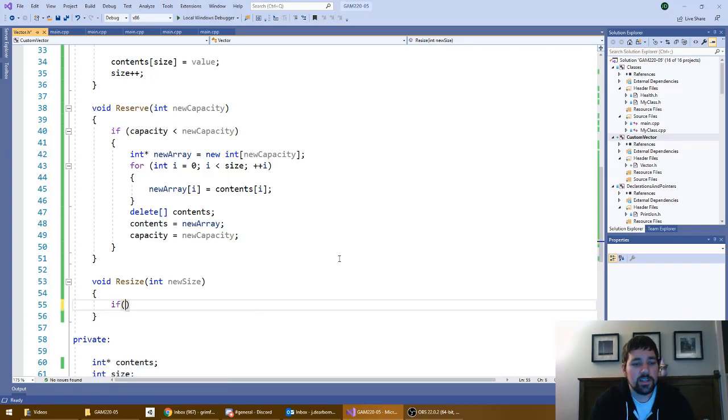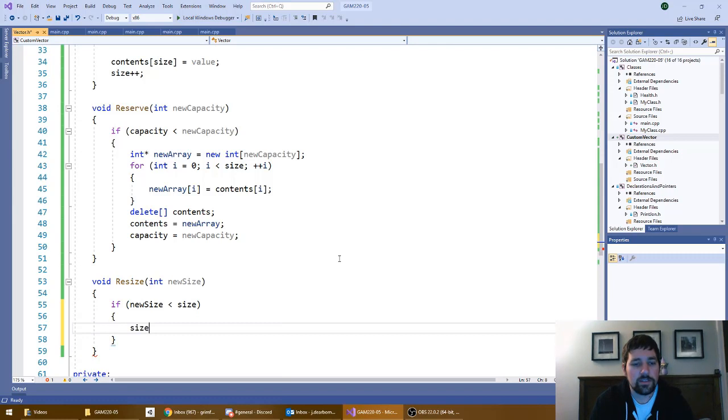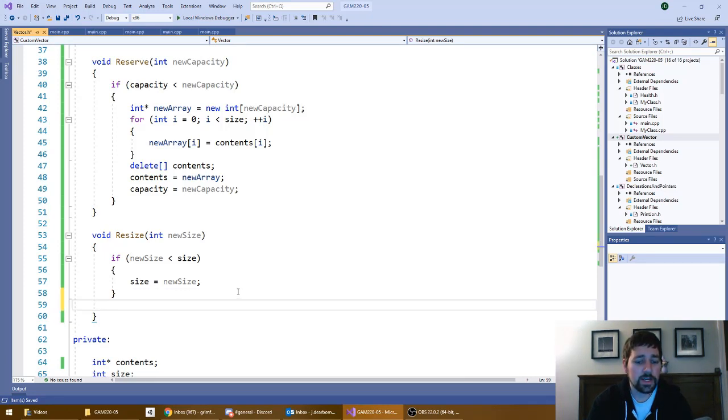So we can just say if new size is less than size, then size equals new size. All right, and then if you were looping over this array, you would just loop over fewer elements, and it would be as if ones were removed. The capacity hasn't changed though, so we haven't actually deallocated anything. Very simple operation there. Otherwise, else if